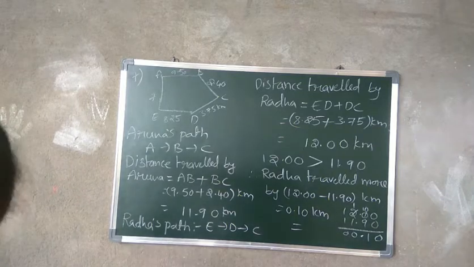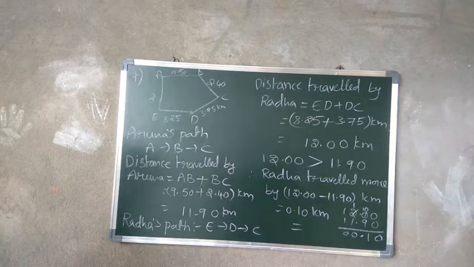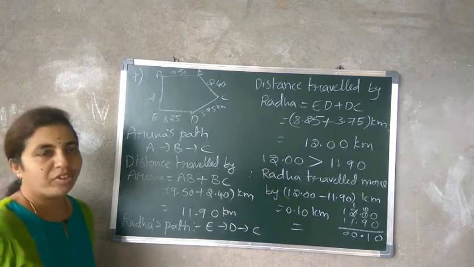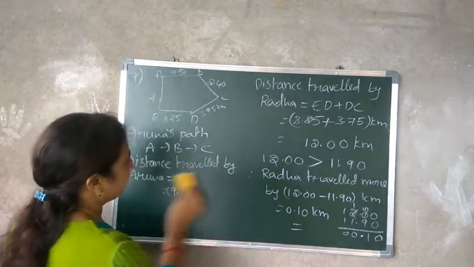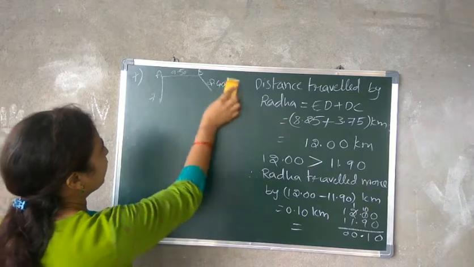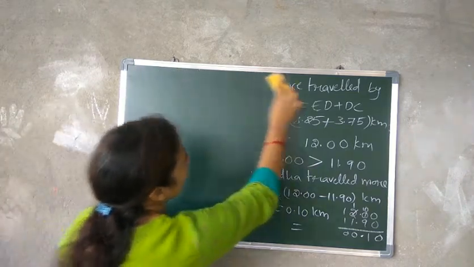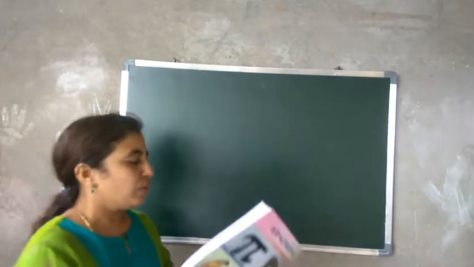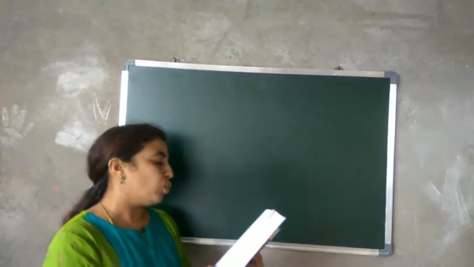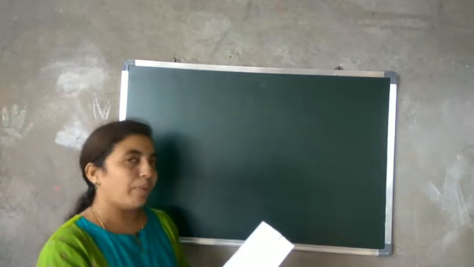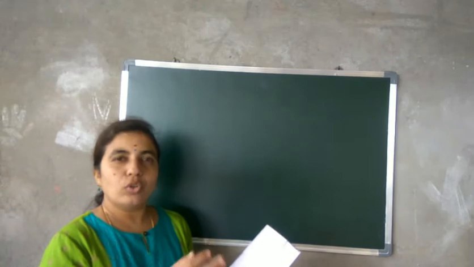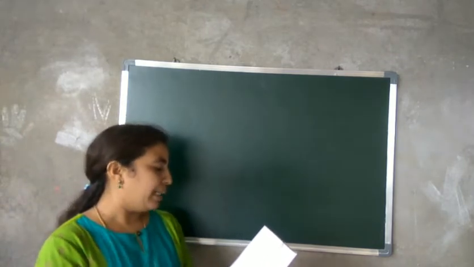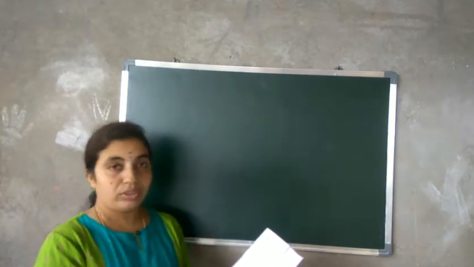Then we have the 8th, and this 8th is homework for you. You have to complete that 8th problem. Let me explain it first and then you can complete it at home. So what is given in the 8th problem? Upendra went to the market to buy vegetables. He brought 2 kg 250 grams tomatoes and 2 kg 500 grams potatoes.